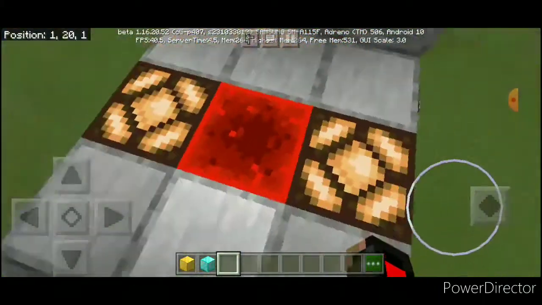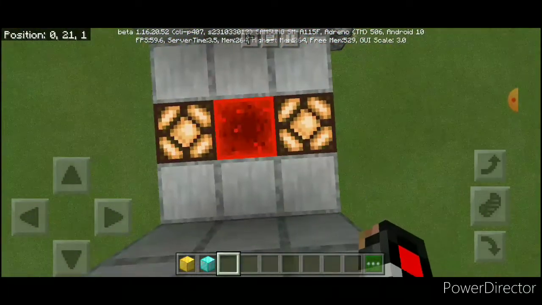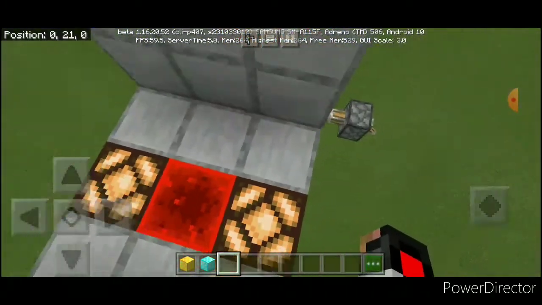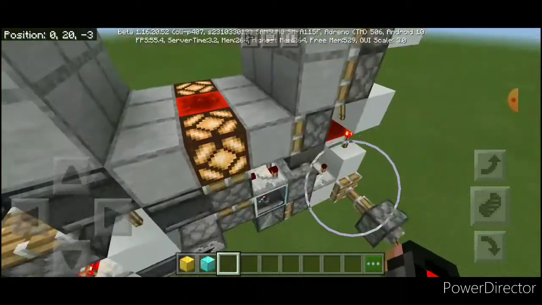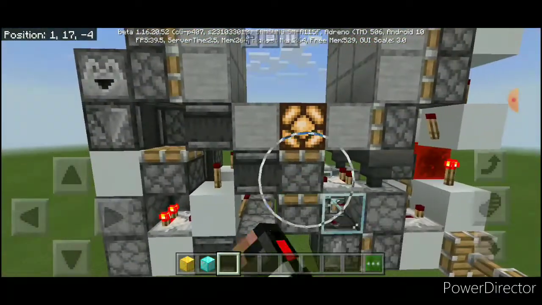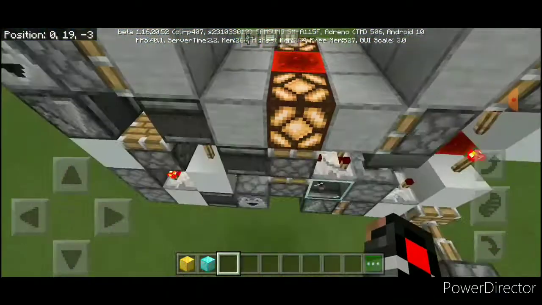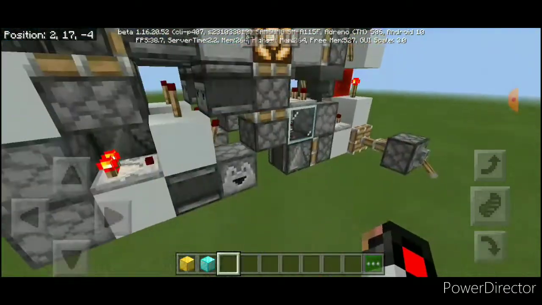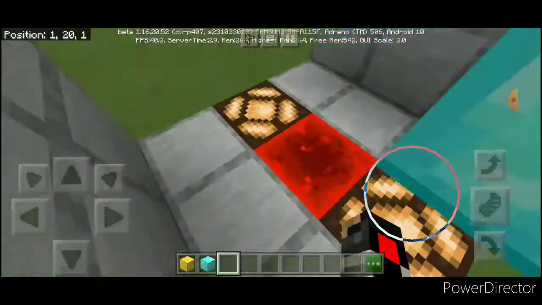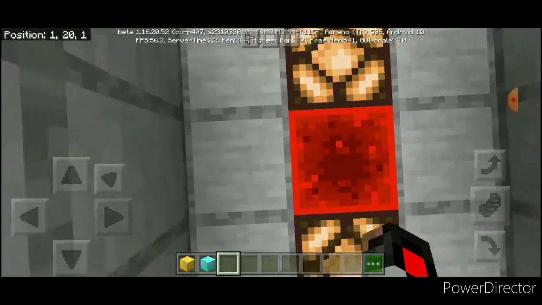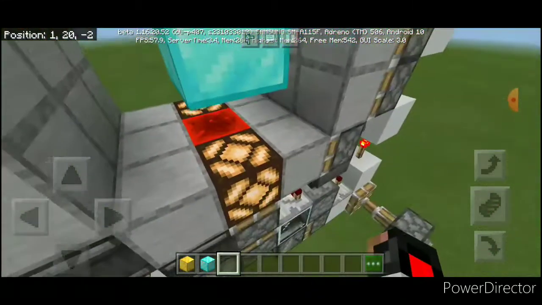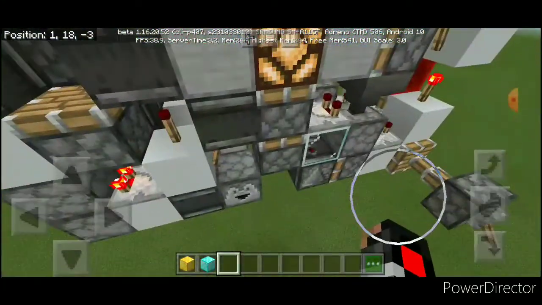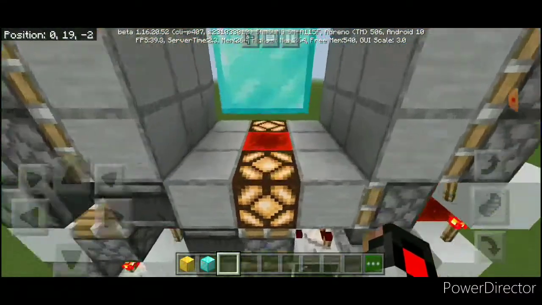And because this redstone block can't always be in the middle, because it will mess up the double piston extender right here that will pull the redstone lamp when it opens. So that is why I have to move this redstone block away from the part of the double piston extender, or else it will mess up the door and the door will break. So to do that